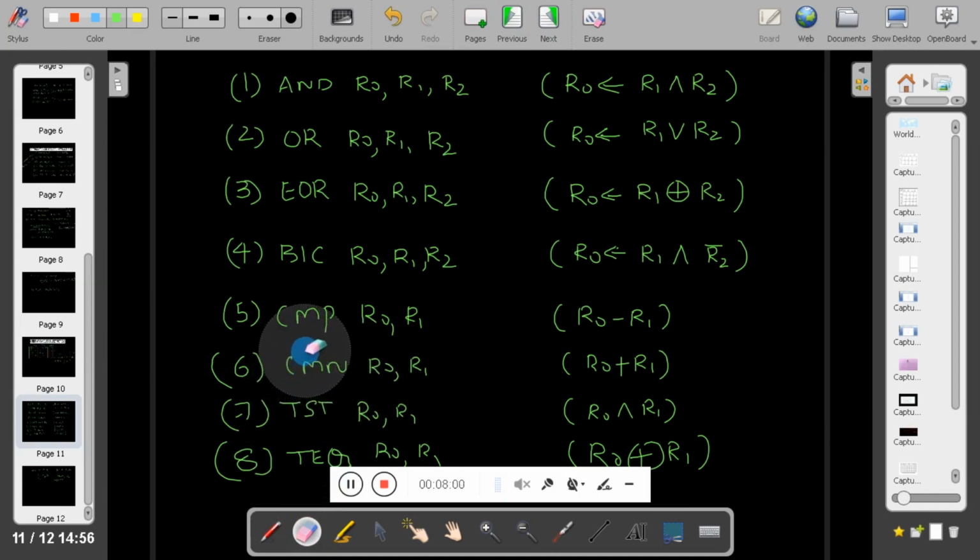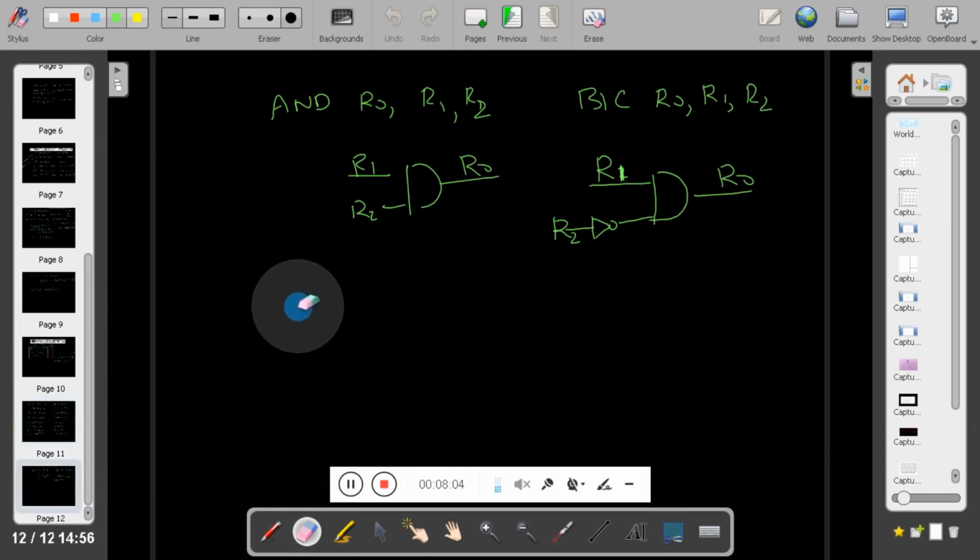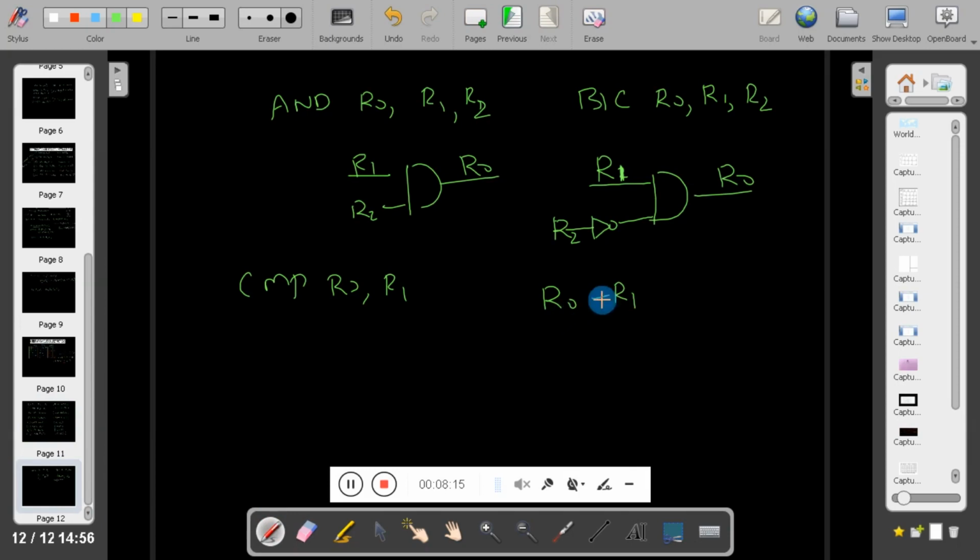So in this case, compare R0 and R1. What will it actually do? Suppose I write compare R0 and R1, it will subtract R1 from R0.